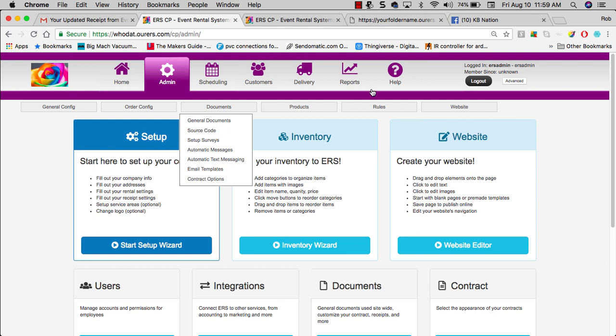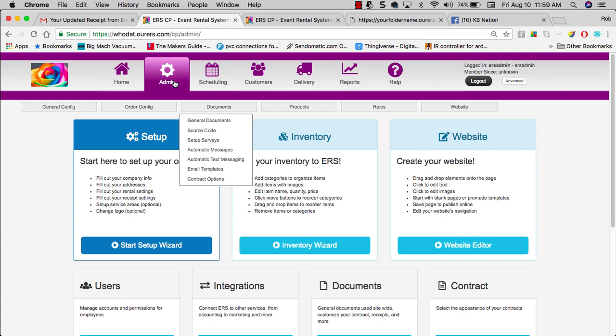Let's work on learning a few things about the waivers in event rental systems. Keep in mind, I'll be browsing around in my fake testing site that I use when clients call and need help with something, and I want to test it first without using the test on a live site. So there's a lot of odd looking things here, so forgive me, but the first step to the waivers is